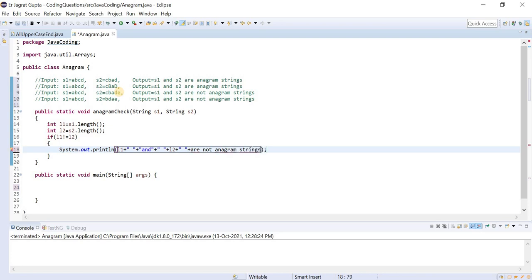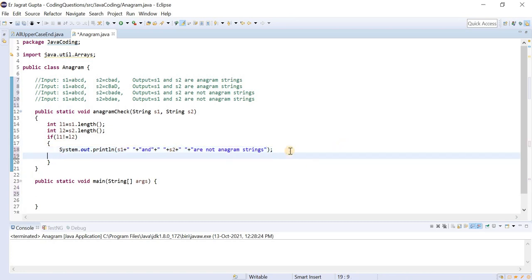Let me put the double quote here. So the first condition we checked is that if the length is not the same, then we can directly say that both strings, meaning s1 and s2, are not anagram strings.